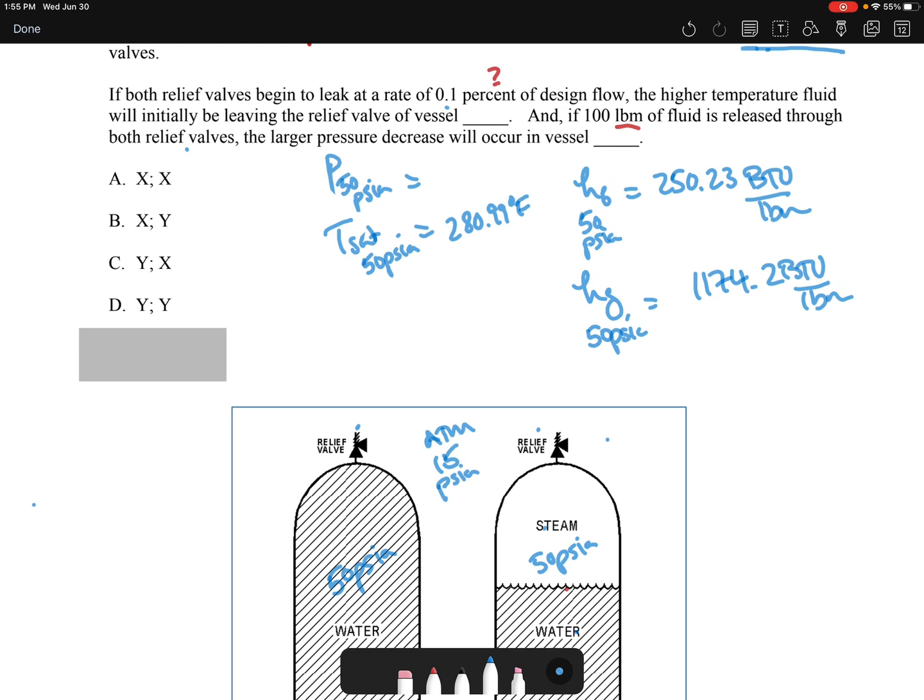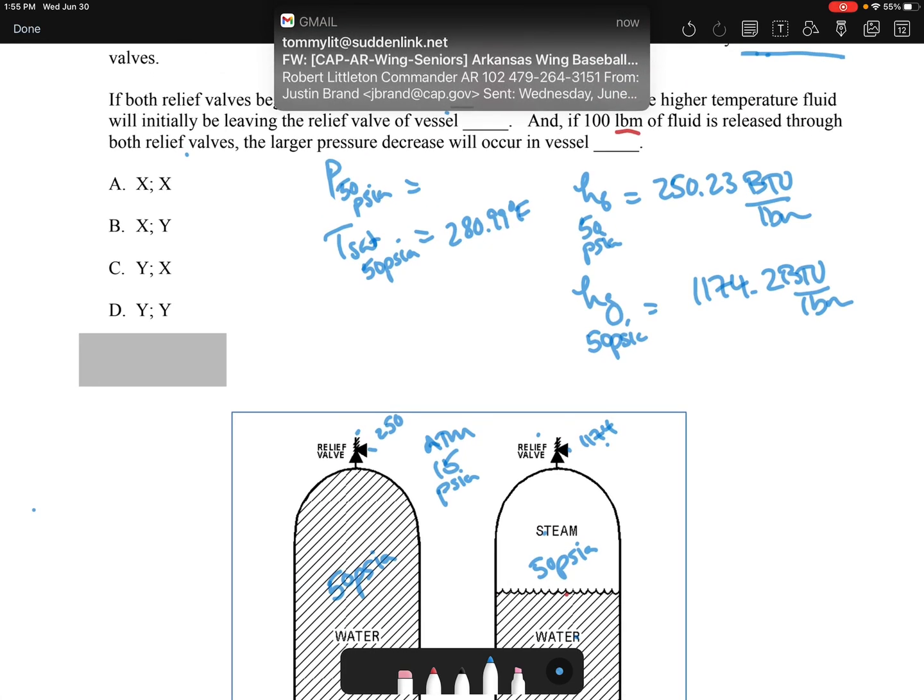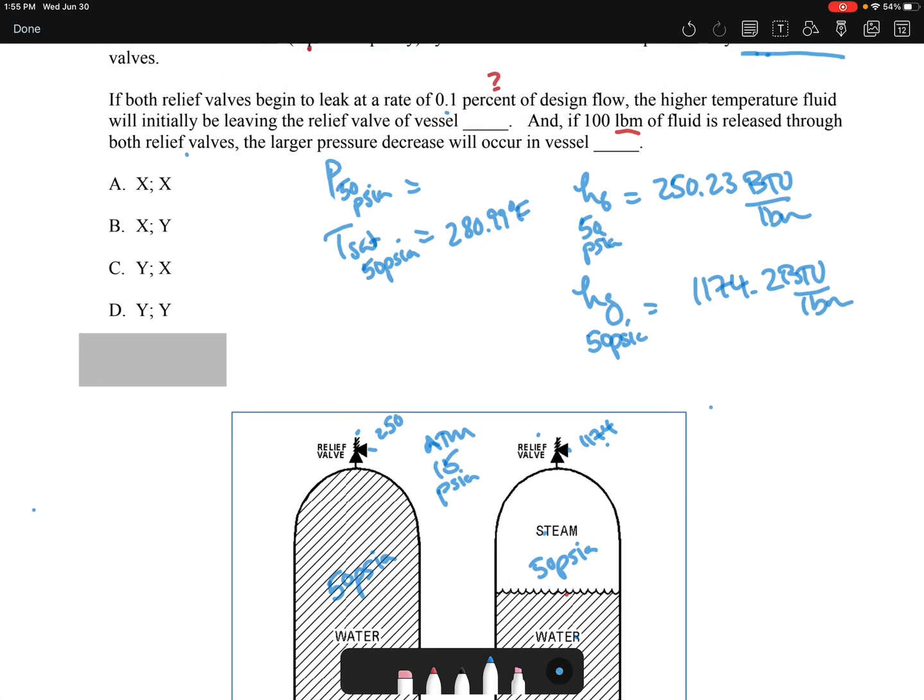All right, let's prove that, right? We can all know that isenthalpic expansion keeps the enthalpy the same, because that's why it's named isenthalpic expansion. So we've got 250 here, 1174 here. So now you've got to find the state of the fluid